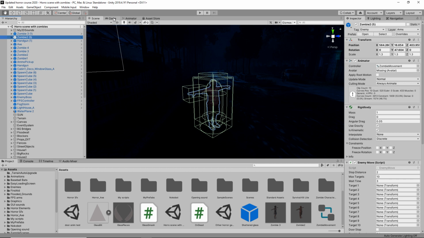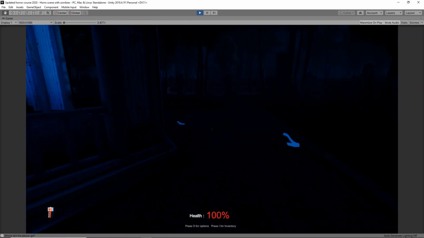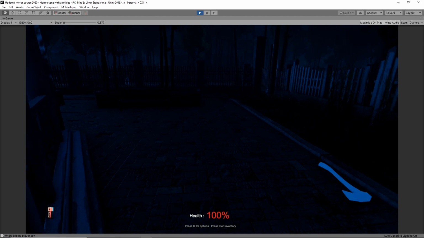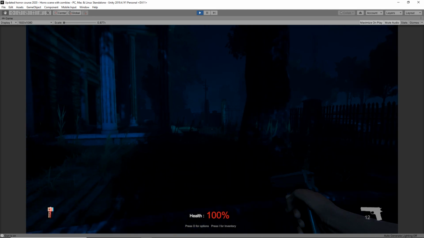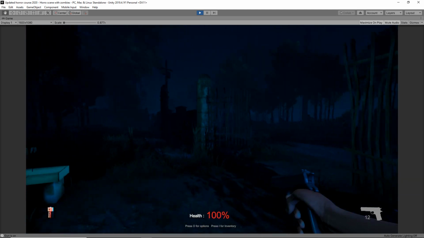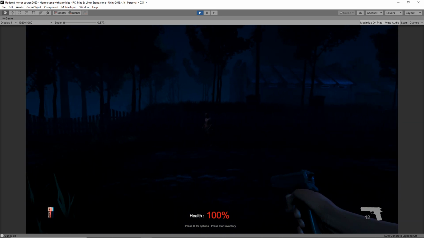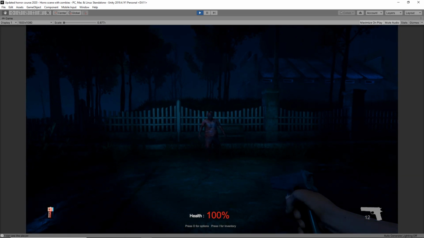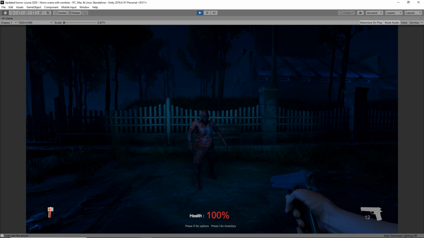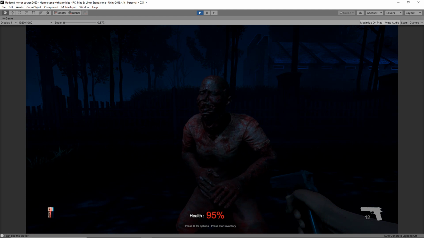So let's just take a quick look in the actual game. I've switched the audio off, by the way, on this. So I'm just going to pick up a gun and equip the gun. Now I've only set up one zombie to actually interact with me. It's just this character. So at the moment you can see him shuffling around. I'll switch on the flashlight so you can see him a little bit better there. And then as soon as I get within range, he'll start walking toward me. Switch off the flashlight again, so he's getting pretty close, and then obviously he starts to attack me, and